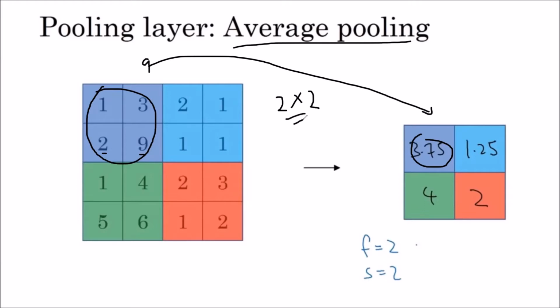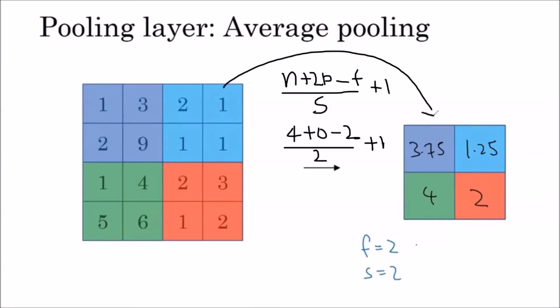The hyperparameters of the average pooling layer, like the max pooling layer, include the filter size, which is in our hands. Normally we use 2x2, whether it is average pooling or max pooling. And the stride, normally we use stride 2. So this is average pooling. It is similar to max pooling. In max pooling, we take the maximum value. Here in average pooling, we take the average of all the values in the 2x2 area, and that average is taken as the output.